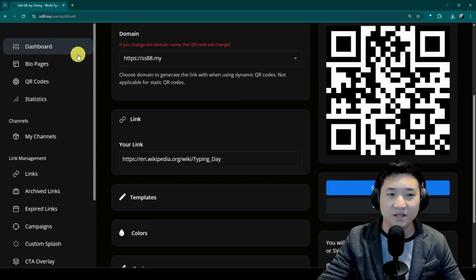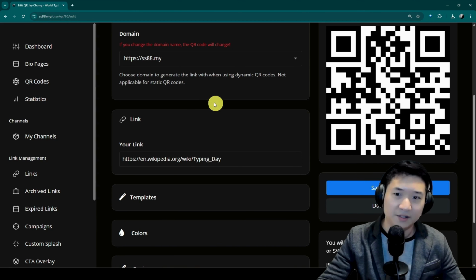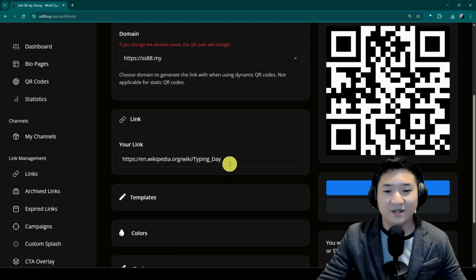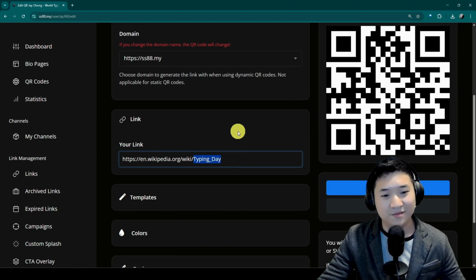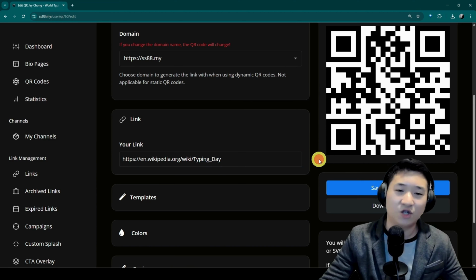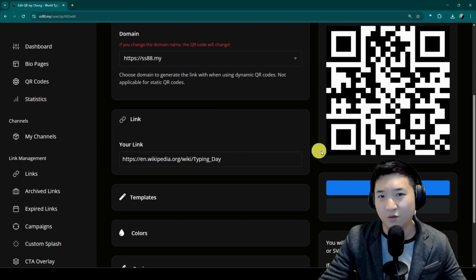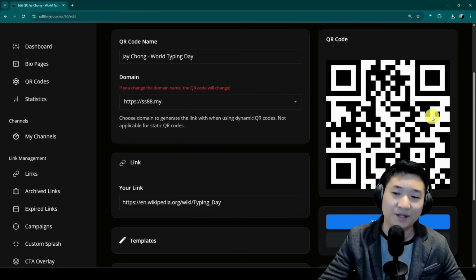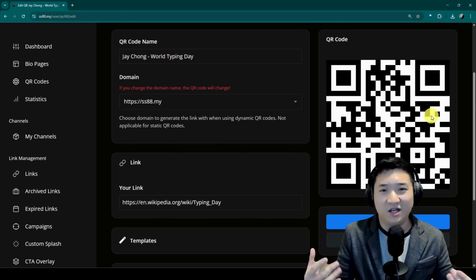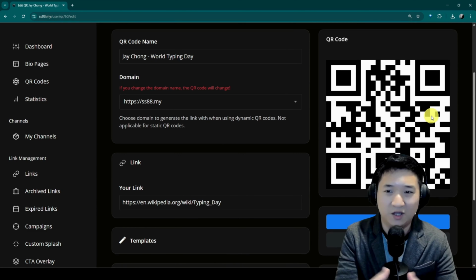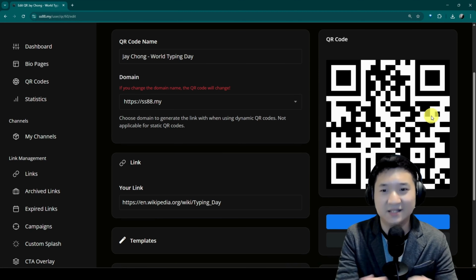It's the SS80X system, the backend system, or perhaps you want to call it a platform. Indeed, it is the same link. So this is actually how you can create a dynamic QR code where you only need to print once. Since you're only going to print the QR code once, you want to make it nice, neat, or